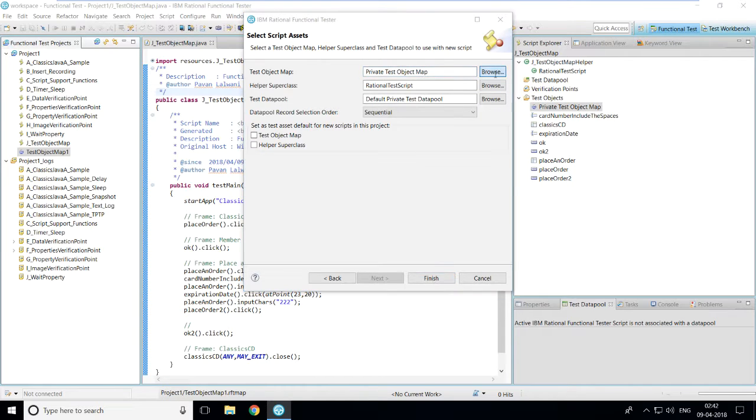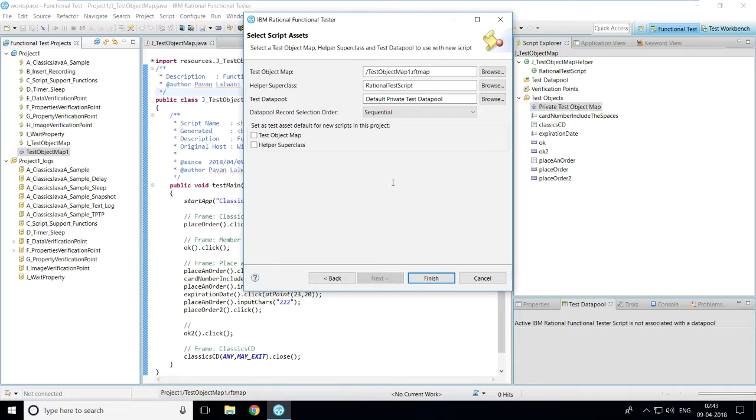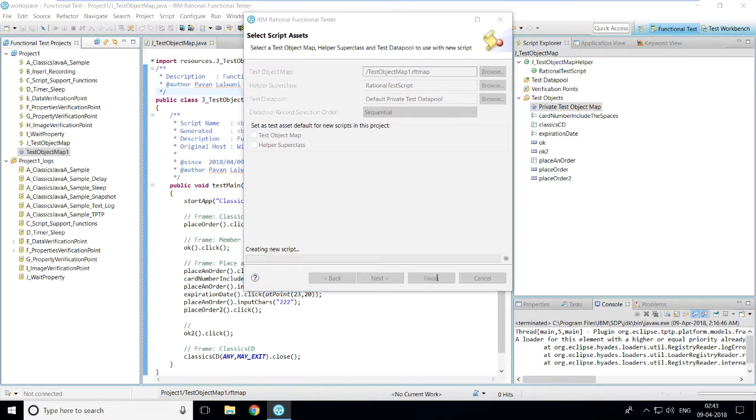So I'll click on this browse button and you can see this one is the test object map which we created. Okay, .rft map, that's an extension which says Rational Functional Tester, map stands for test object map. I'll click on this OK button. Now this test object map already has some objects. Okay. And after recording, definitely I'll be adding a few more objects to it. Now I'll click on this finish button,